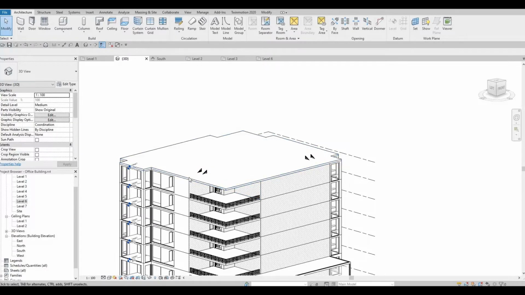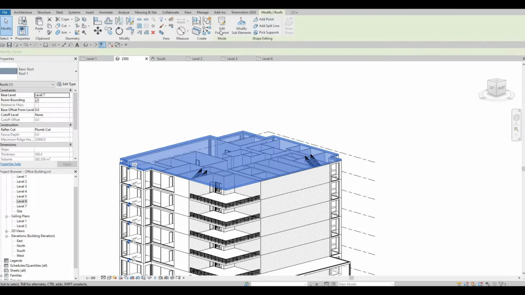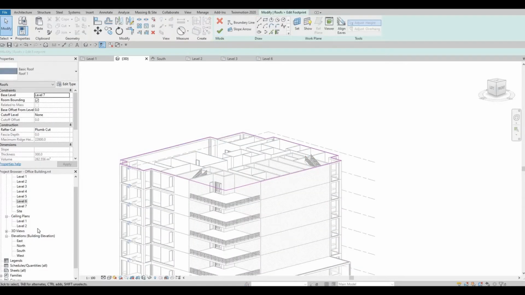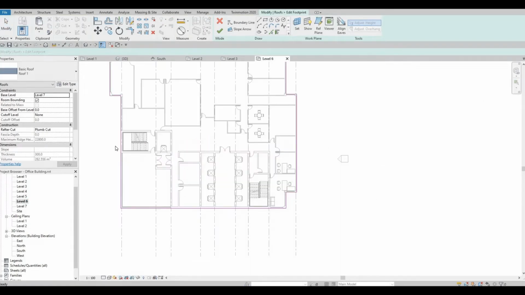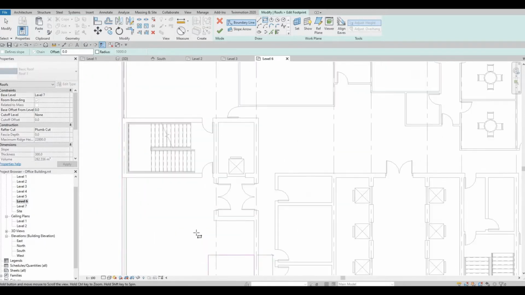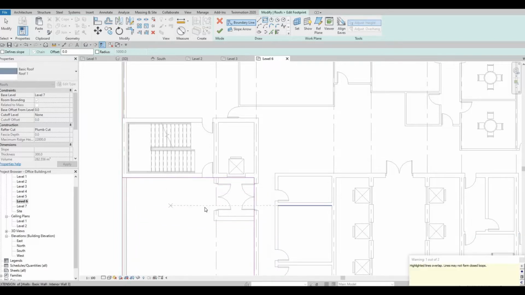I will take this off and open it on the stairs. So now let's edit the footprint. So usually I do that so that I could understand where I'm going to delete stuff. So I'm planning to delete it on that area, and then here as well, and also here. So let's do that. So I'm gonna use this rectangle to make it easier for me, and then I'm gonna do it like this,